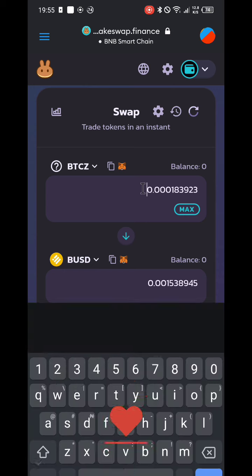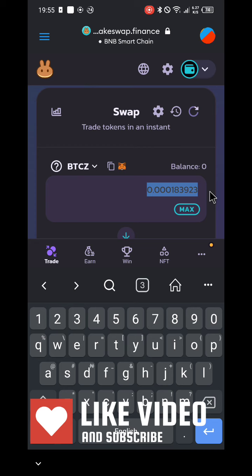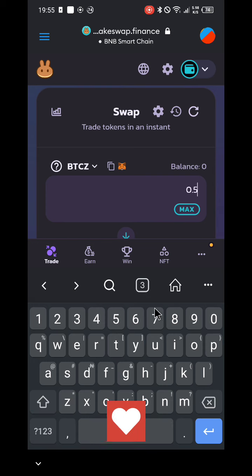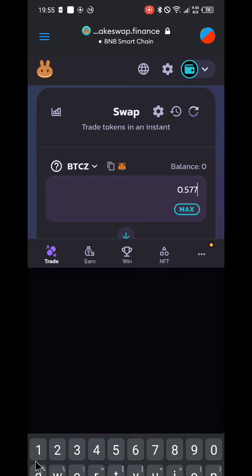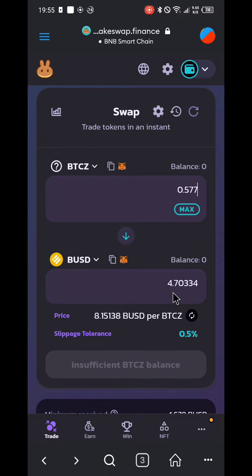Now let's say we're going to buy very little BTC, 0.577 worth of BTC. What is it going to give us? Look, $4.64. That's what we're going to spend on buying